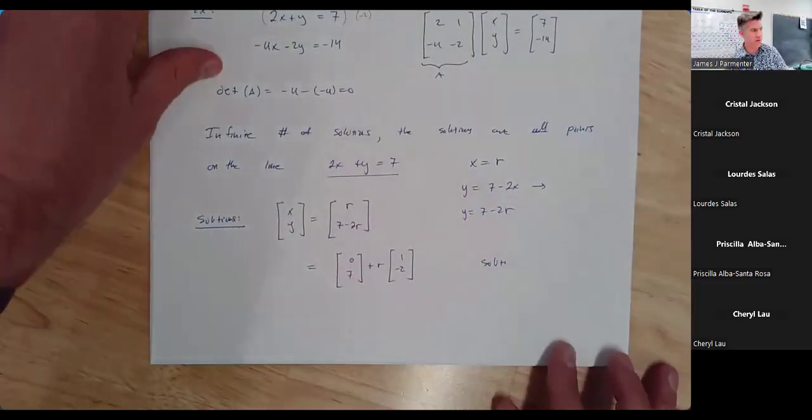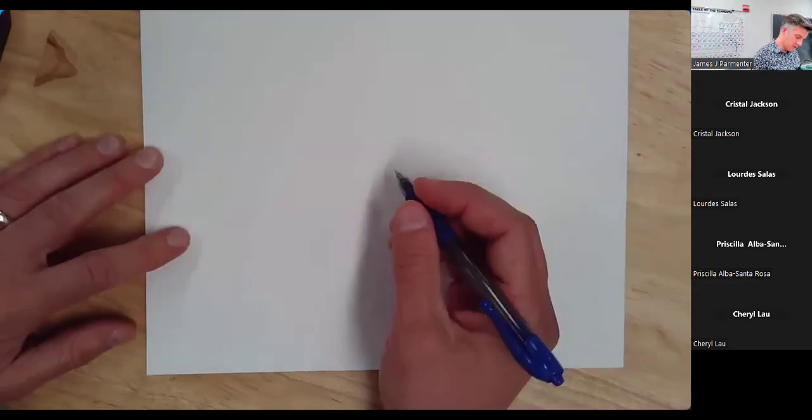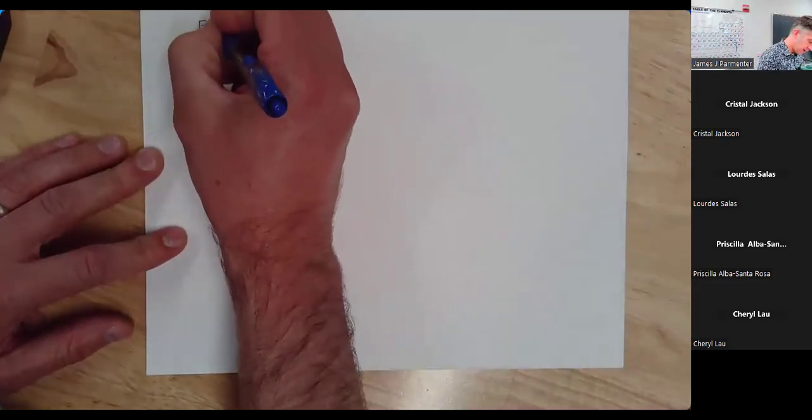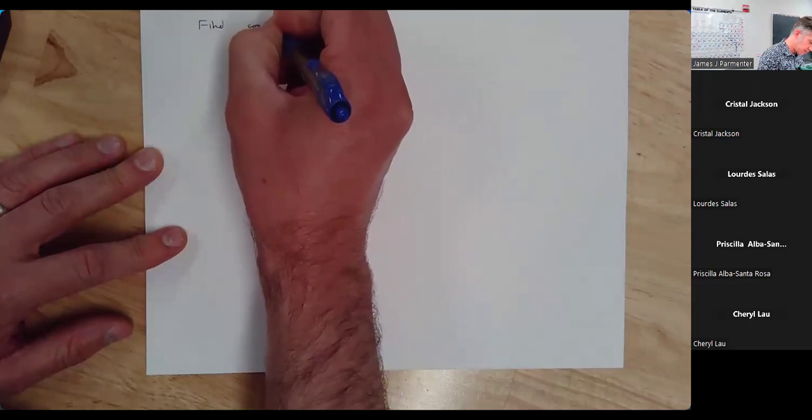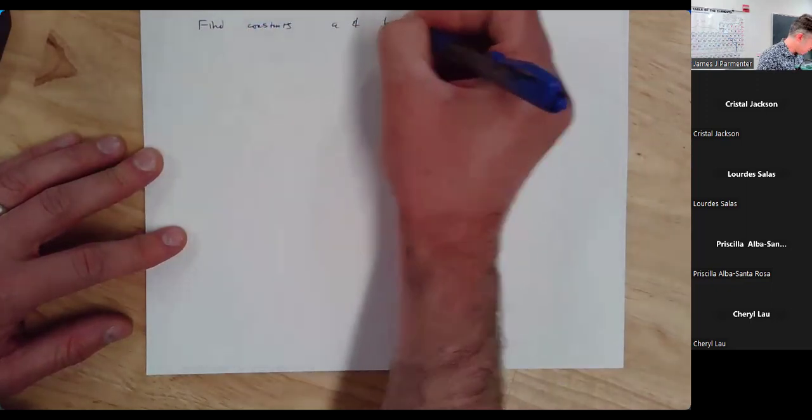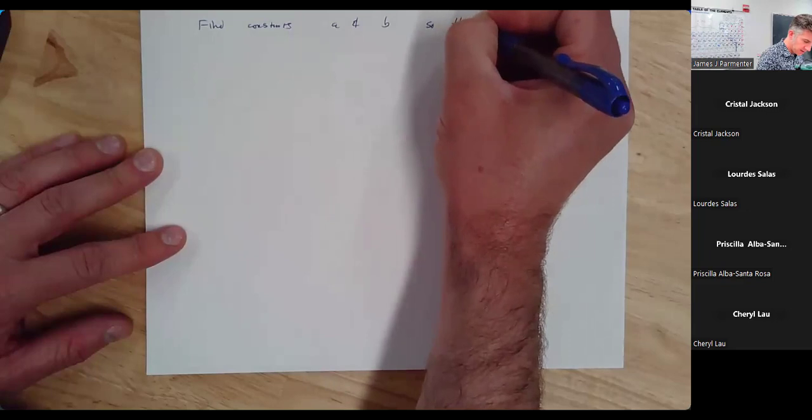I just want to do one more thing in this context, because I definitely remember seeing some problems on that practice midterm 3, whatever he said were for the final. And there were some questions like, find values so that this system has no solutions or one solution or an infinite number of solutions. So let's look at an example like that. Let's say we've got the following system of equations. We want to find constants A and B so that the system